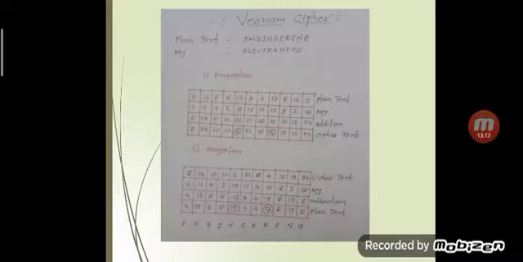Okay, so simply we have to consider our plain text, and for each letter in the plain text we can mention the specific number. So here we can first write the plain text in numbers. Likewise E is replaced with 4. So likewise we can replace all the alphabets with the numbers.